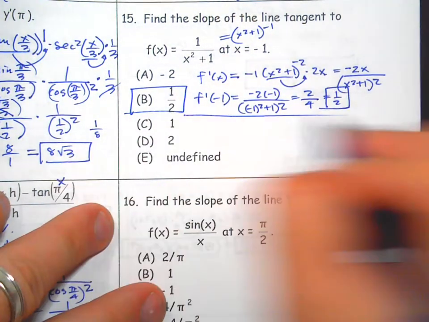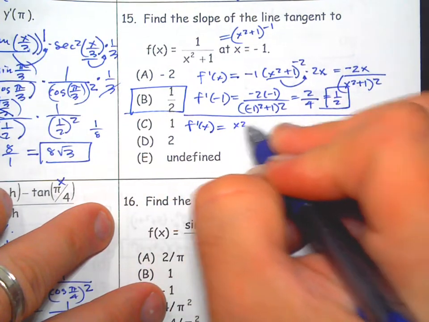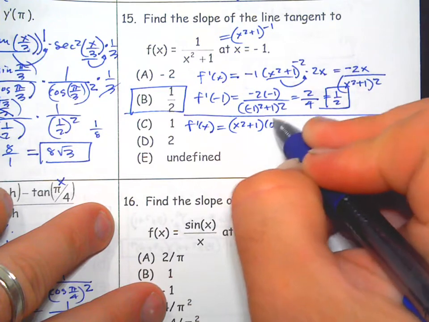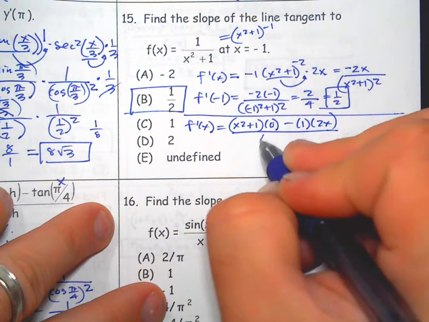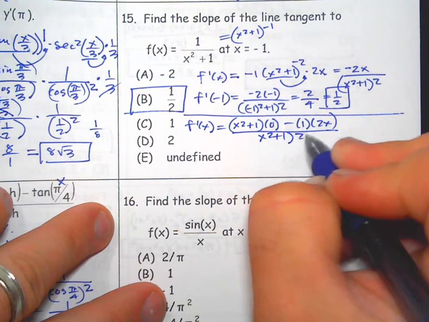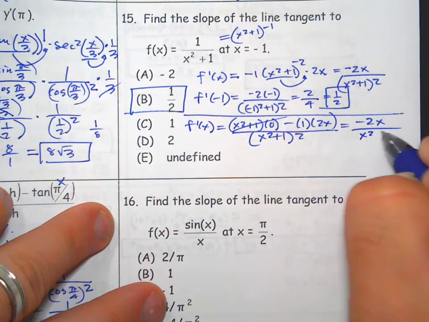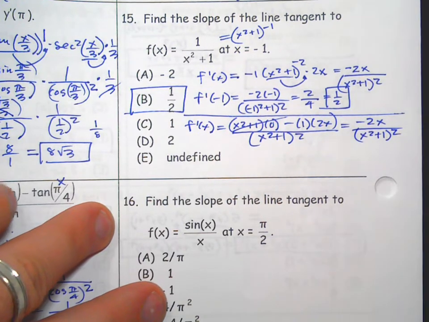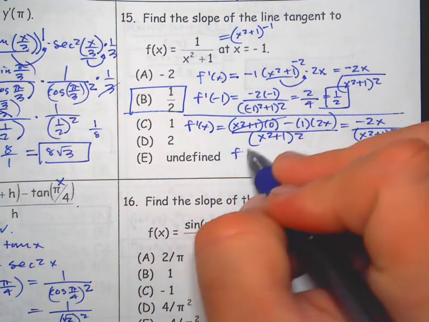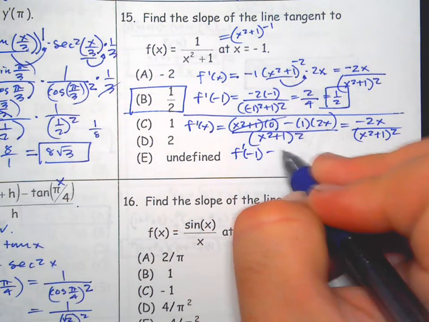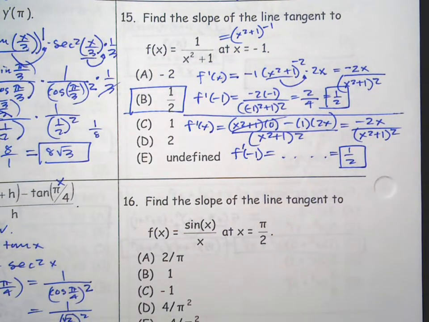Or you could have done quotient rule. It would be low d high minus high d low all over low squared. And we get the same derivative, right? Either way, so plug -1 into that, and you should also get 1/2. All right,